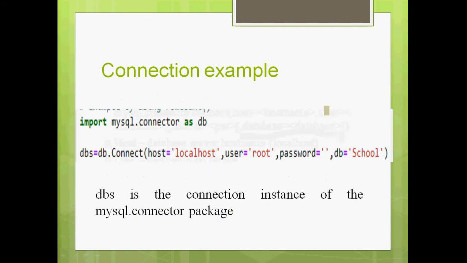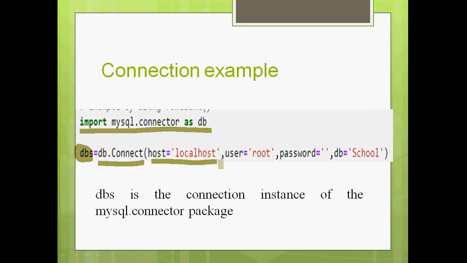Now the example, connection example. We imported mysql.connector as db. Now dbs is the connection object. Connection object is equal to db.connect.